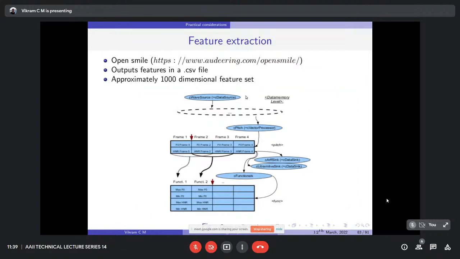Then coming to the features, once we have the segmented phonemes, for the features we can use either Praat or the openSMILE toolkit. Using this openSMILE tool, we may get around 1000-dimensional speech features. Using them we can process, like it will give the harmonic to noise ratio or fundamental frequency. Different acoustic features we can get from the openSMILE tool, and a lot of researchers are using it to develop clinical speech processing systems.